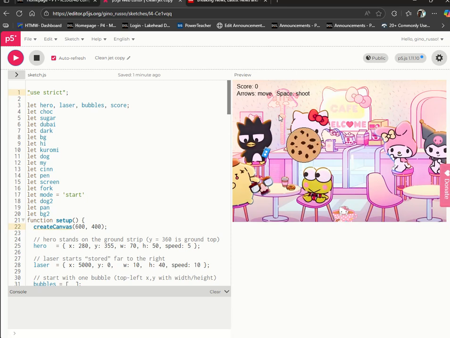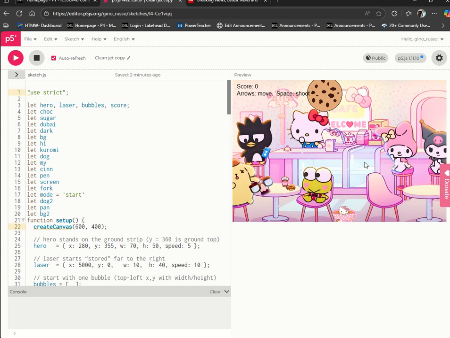This is Sophia's game. She's done a lot with graphics. I actually had removed a little bit. She originally had it so that every time you hit the bubble, they would change images. She also has an animated GIF. Is that a GIF? For the hero. But otherwise, it's simply the game with